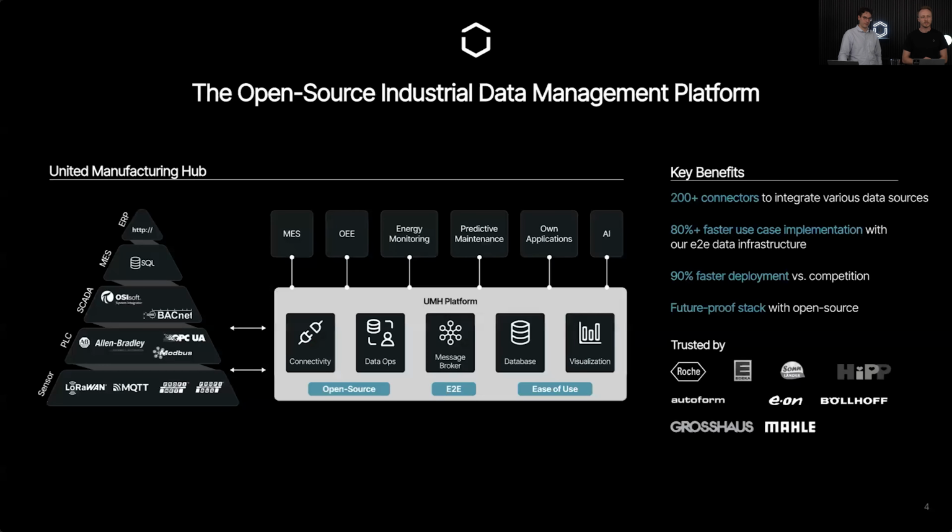So for this, UMH includes a couple of elements. We integrate always parallel to the automation pyramid, so no rip and replace methodology, but really just adding continuously integrations with a business value, collecting data, and so on. And besides connectivity, data out, message broker, historian, and visualization for the use cases. Pretty much includes all of this in a single installation command. So it's a single platform, single infrastructure. So you have everything from the get-go without doing all the integrations by yourself.